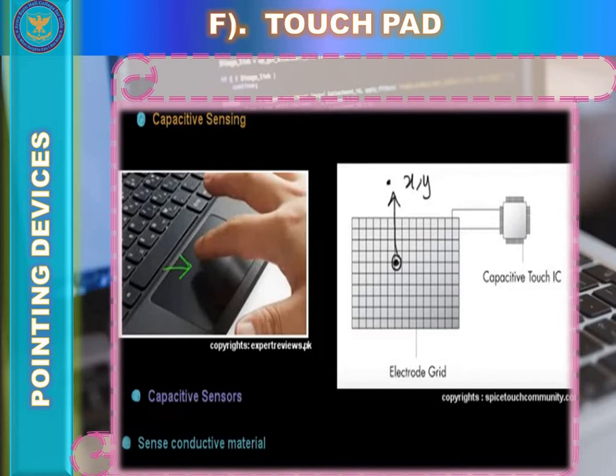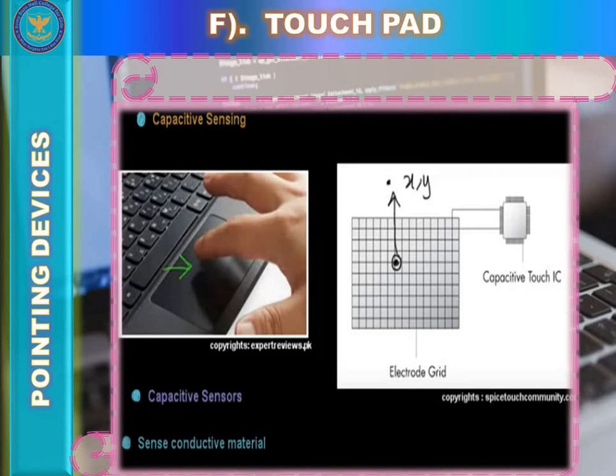Capacitance is basically defined as the ability of a pair of conductors to hold an electric charge. This pair of conductors is called a capacitor. When a voltage is applied across these conductors, an electric field forms in the dielectric. So we were talking about capacitive touch sensors. Since the human body is conductive, the current can pass through it. We can use this principle to track a finger based on how the finger changes the electric field.